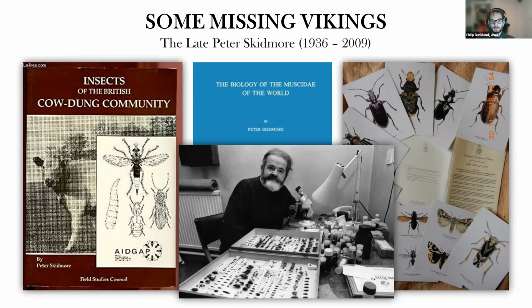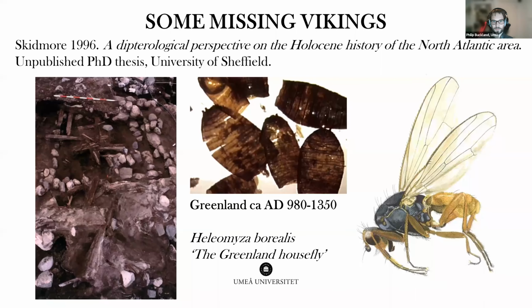Another example. So the late Peter Skidmore was part of, I would say, a generation that's disappearing now, an old school natural scientist, really. So he was an artist. These are his paintings, which are amazing. And he was an ecologist and an entomologist, worked at Doncaster Museum. He is most known for his work on diptera, flies, and dung, basically. The world expert on it.